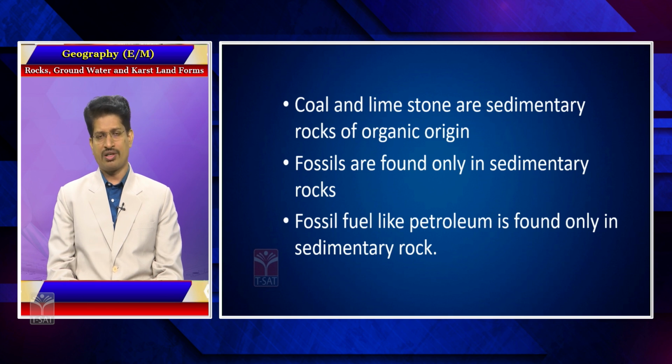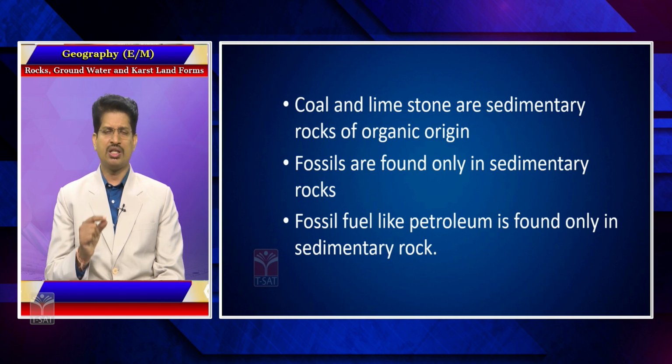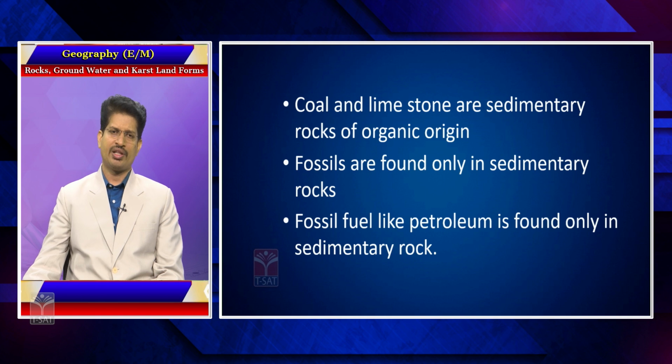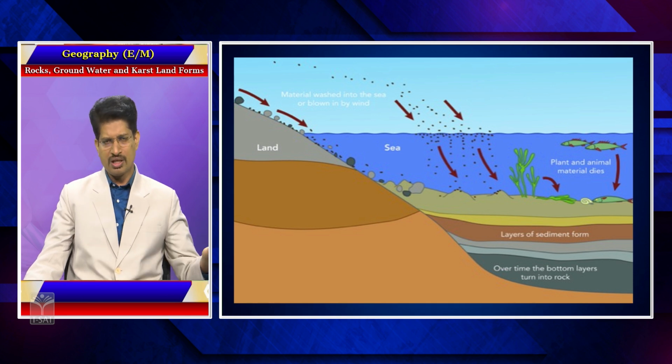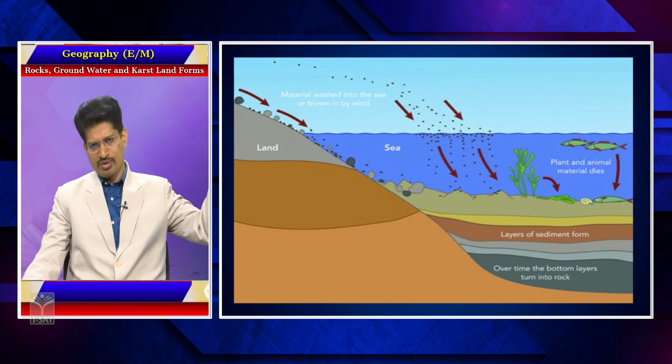And another significant factor which can be asked as a question is that fossils are found only in a variant of rock known as sedimentary rocks. In other types of rocks, fossils are not found. The reason behind it is that in the process of sedimentation, layer by layer, because of weathering and erosion, living organisms, whether fish, plants or algae, whether in the Indo-Gangetic plain, with sedimentation happening from the Himalayas, or